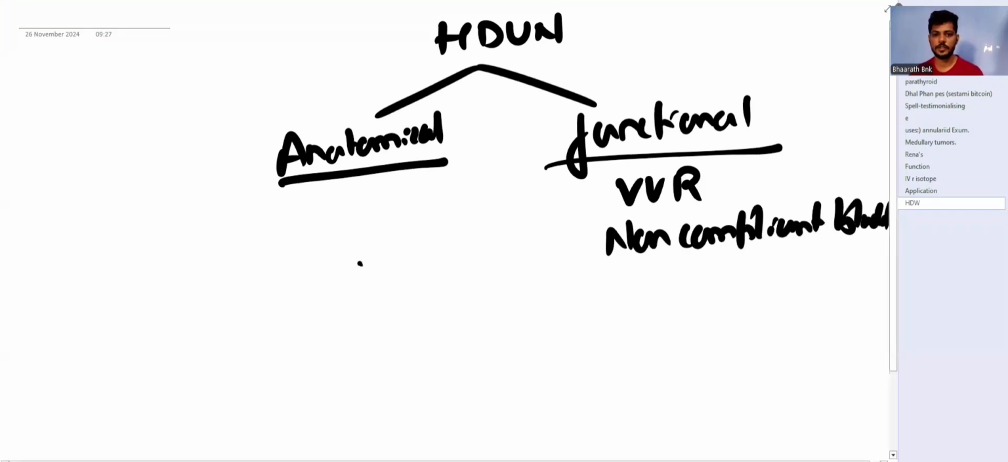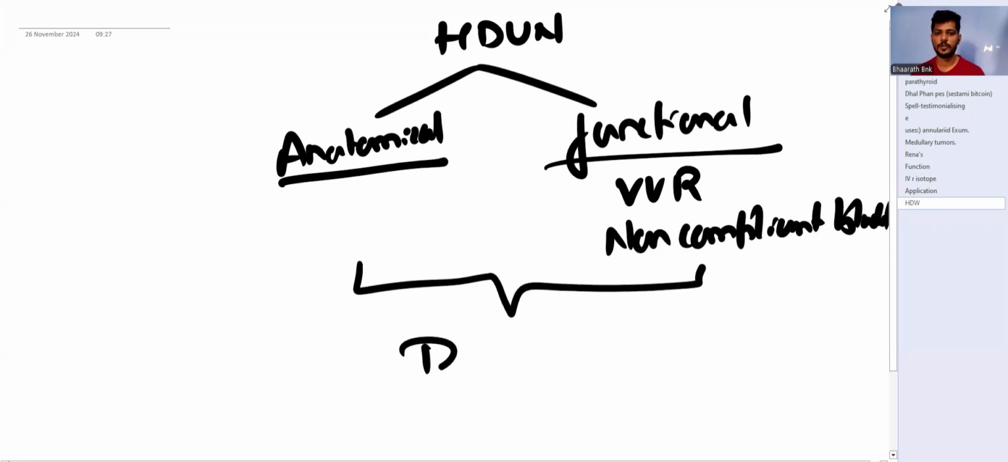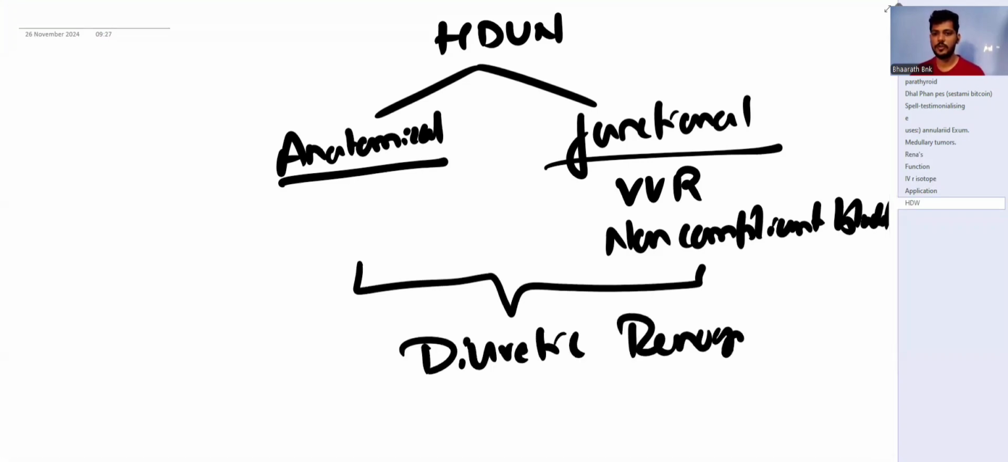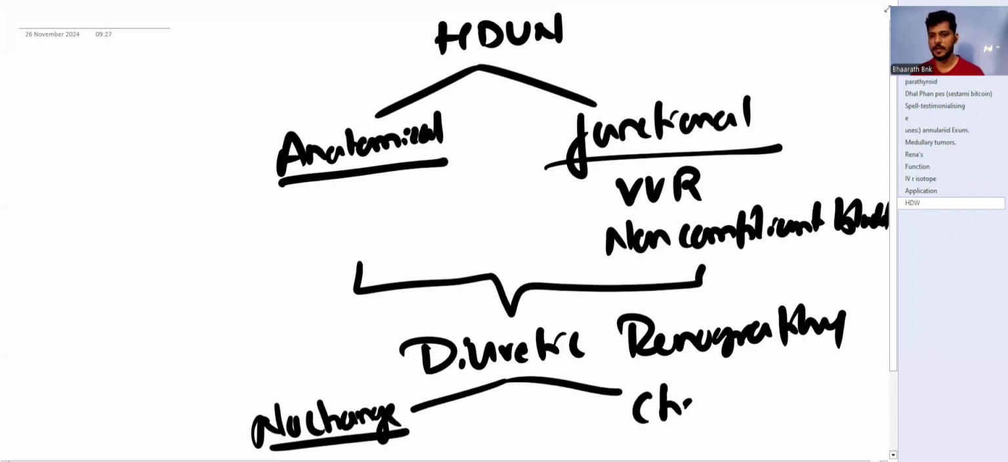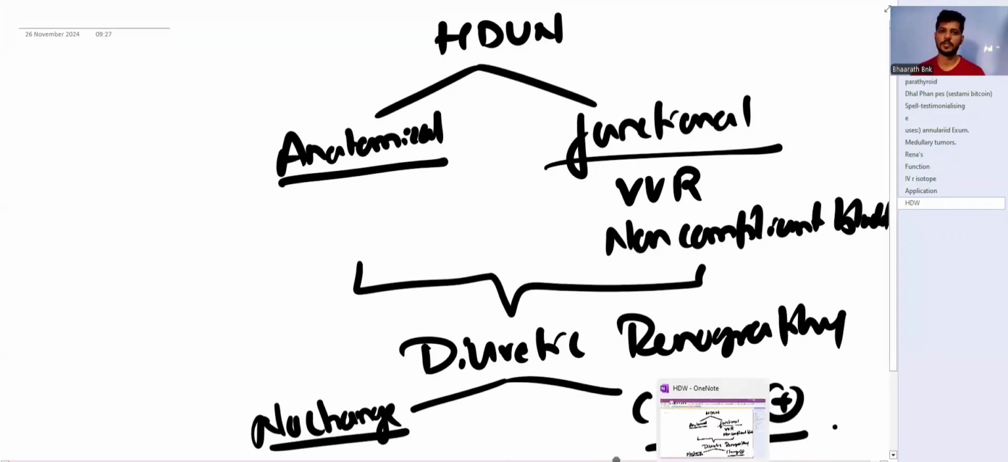Now, in such conditions, what you can do is get a diuretic renography, where you give IV furosemide, and after that you get another image. If it is an anatomical obstruction, there is no change. But if it is a functional obstruction, the lots of urine that is produced will overcome this functional obstruction, and the change will be evident. That's how it differentiates an anatomical obstruction from a functional obstruction in the case of hydronephrosis. So this is in brief about the radionuclide imaging and